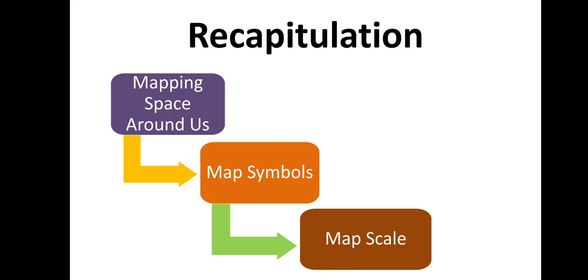After that, we have studied about map symbols. Map symbols are basically the direction symbols, and map symbols are important components of a map that help us to visualize the information in the most conducive manner. Basically, in some maps, you must have seen the symbols representing trees on the roadside, river bodies in city. So, the map symbols are important components of a map that help us to visualize the information in the most effective manner. After that, we have studied about map scale.